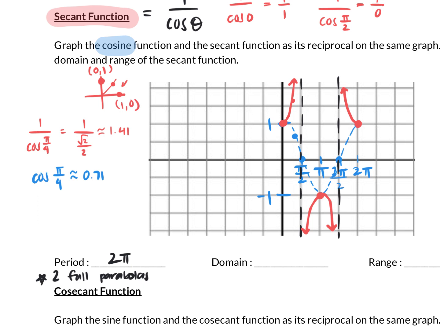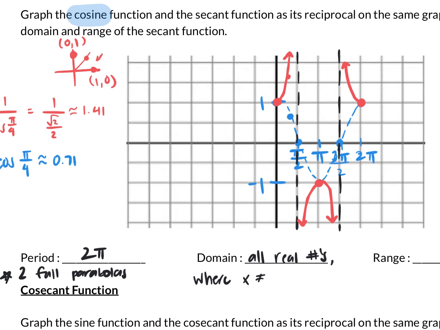Okay, my domain. Again, we're continuing this function forever, so the domain of a secant function continues in both directions, but there are some values that it cannot be, right? So I need to be able to write that down. On your test and your quiz, you will not actually have to write the domain down. So if it's a little confusing, that's okay, but what I really want you to understand is that it cannot be these vertical asymptotes. That's what we're writing down, okay? So your domain is any x values, so all real numbers where